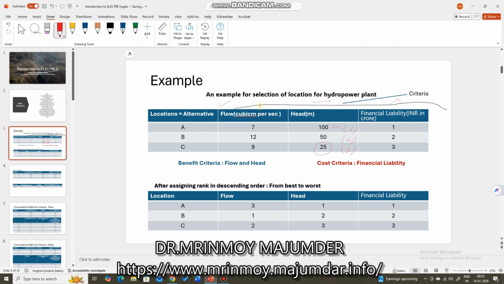Now, in case of financial liability, the first location is 1 crore, second location 2 crore, third location 3 crore. As financial liability is a cost criteria, the lesser the cost, the more preferred it is. So the first rank is given to location A,